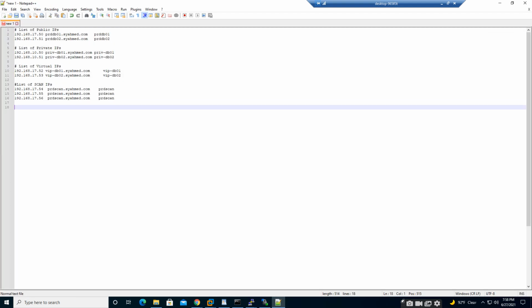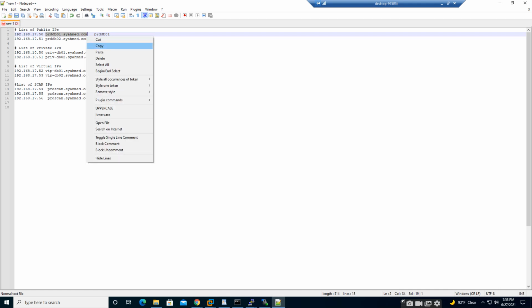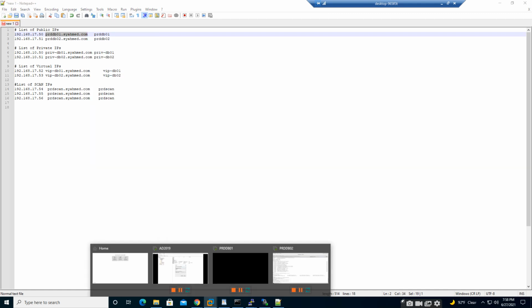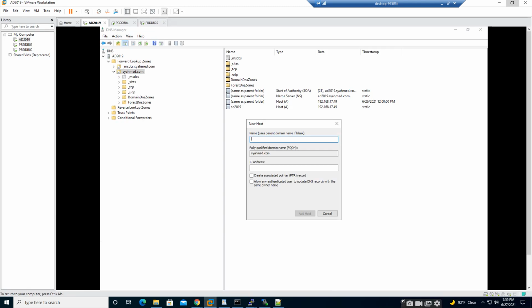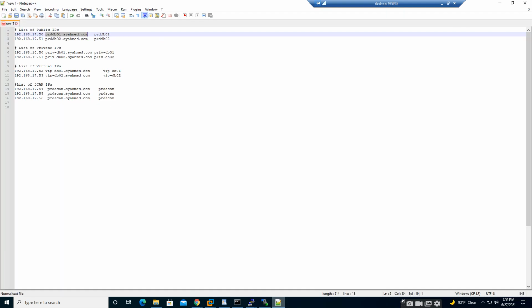From your machine, just copy the configuration. Alright, I think we cannot copy it for some reason, so we have to do it manually.